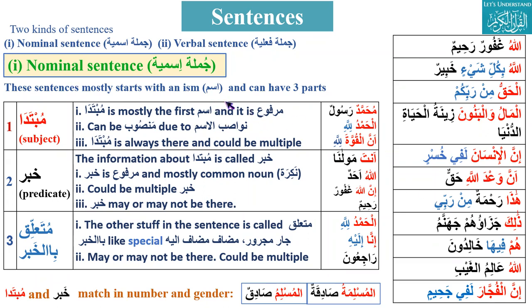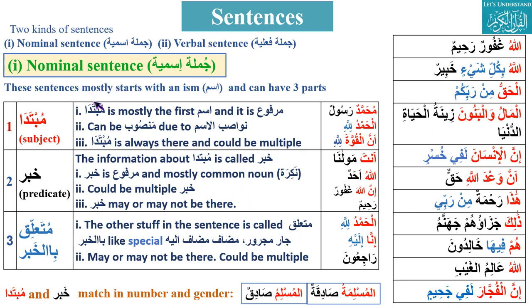So alhamdulillah, we are going to start our first session of this week. First we have to recap whatever we learned so far in the last couple of classes, because these are very important and we will touch some more things while doing revision. First we started with two kinds of sentences: one is the nominal sentence and the second is the verbal sentence.